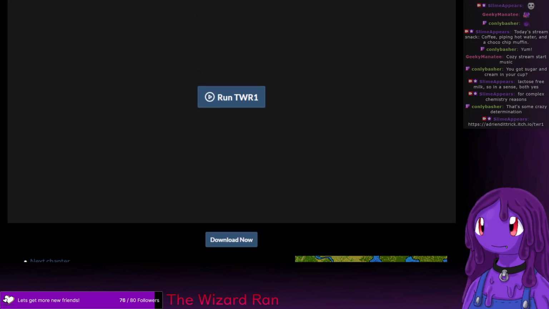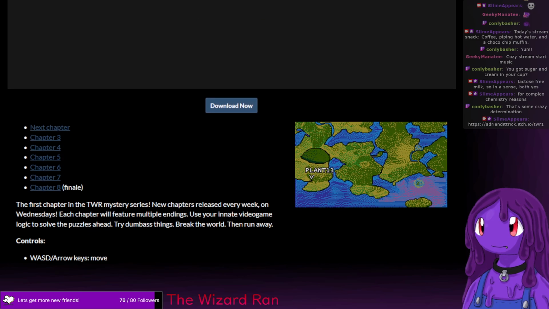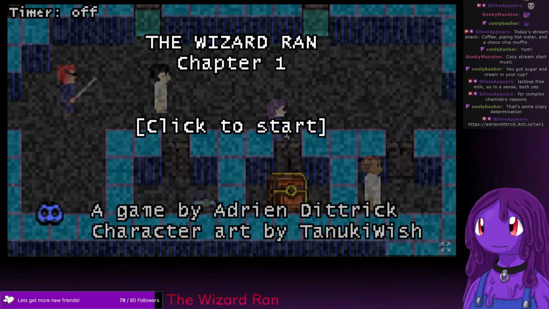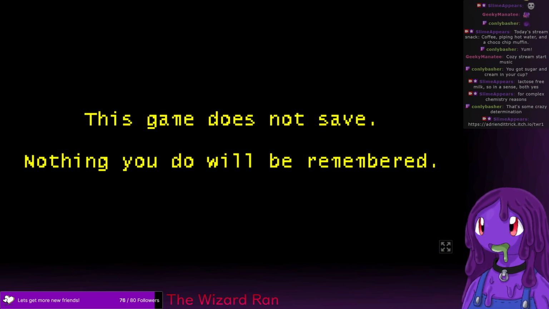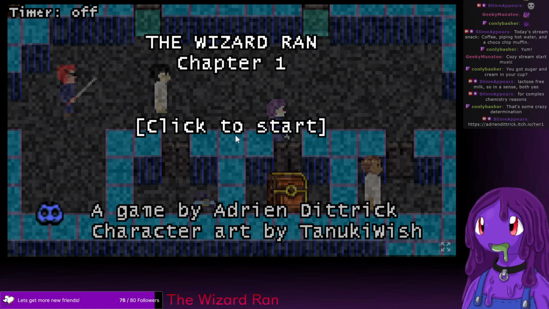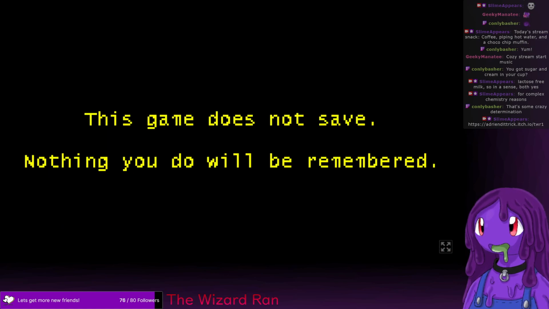According to the map, there is a note pointing at Plant 13. I'm going to note that each of the chapters starts out with a really loud noise, so volume warning, I might need to adjust this. So, loud sound in 3, 2, 1. Yeah, I'm going to turn that down. Okay, I'm going to try that again. Let's see how this sounds. 3, 2, 1. That's a tad better. All right.